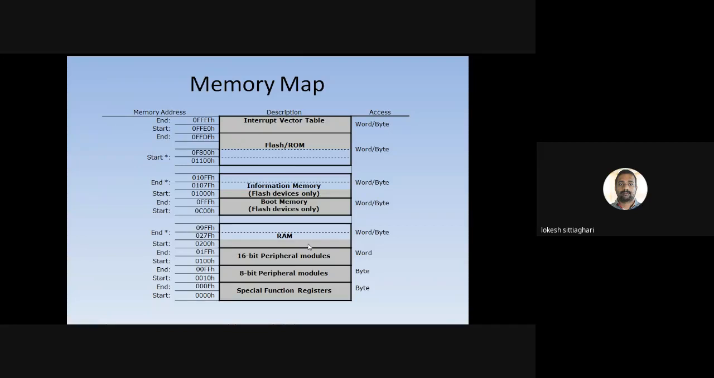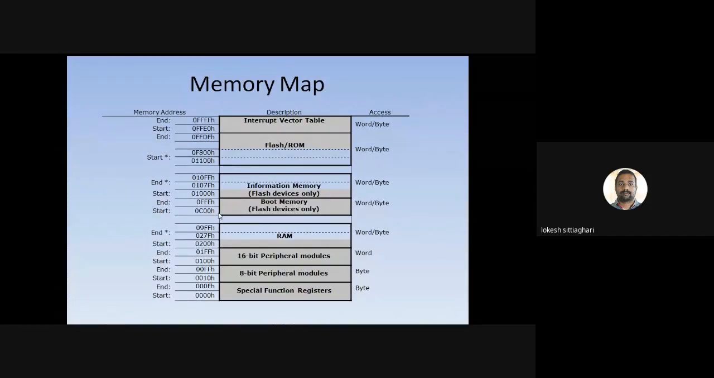And we have RAM. The RAM is going to have two parts, word and byte. The lower addresses are going to be byte, whereas the upper addresses can be accessed by using the word. Next is going to be the boot memory and flash memory, and after that we have the flash memory with the interrupt vector table. So this is the memory map for